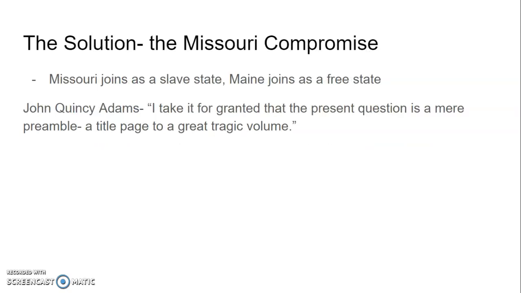And what we saw was Missouri applied and wanted to be a new state, a slave state. But the free states were not okay with this because they said, we are not going to be okay with having another slave state to tip the balance of the Union. So the compromise that was worked out was called the Missouri Compromise. What wound up happening is that Missouri joined the Union as a slave state. Maine was carved out of a section in New England to become a free state. So you had one of each join at the same time.